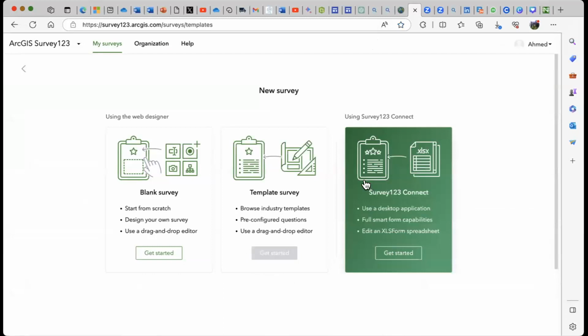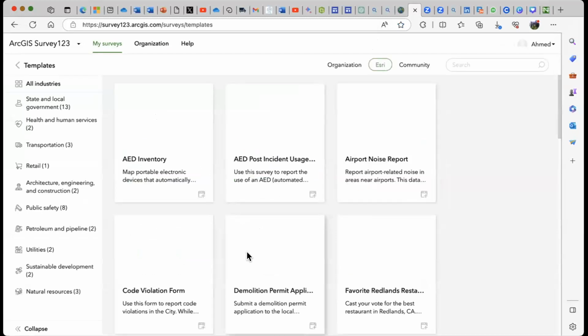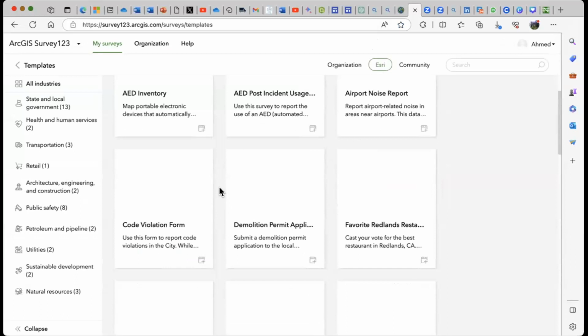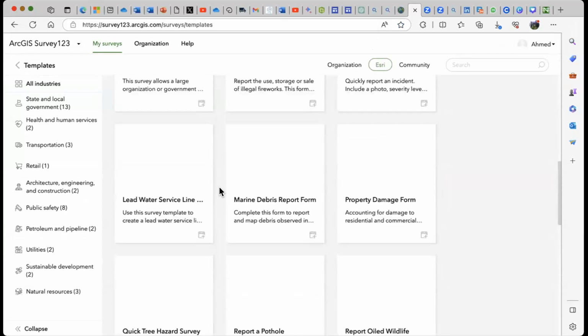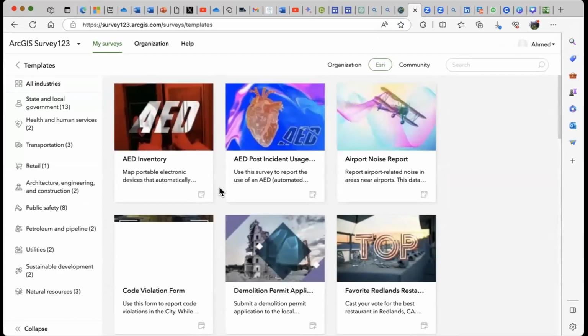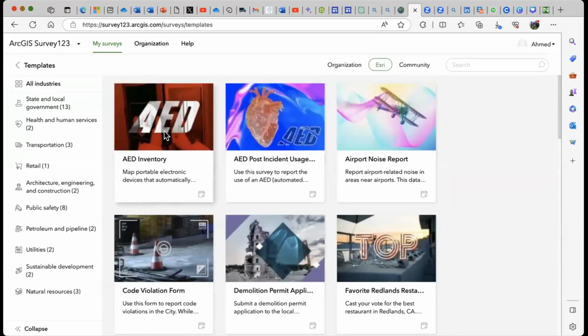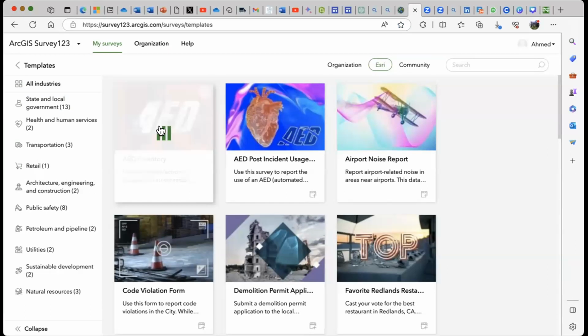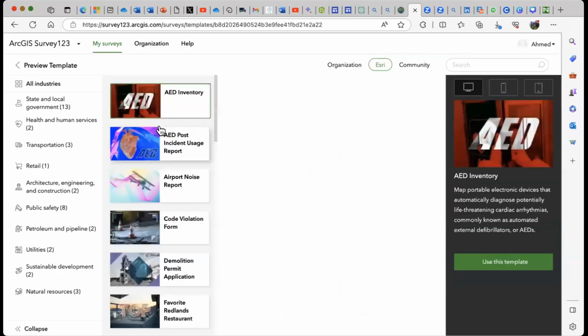You can see different surveys, so you don't have to start from scratch. If I click on any of these, I can look at what it looks like. Okay, good. This is one now. It's coming up.